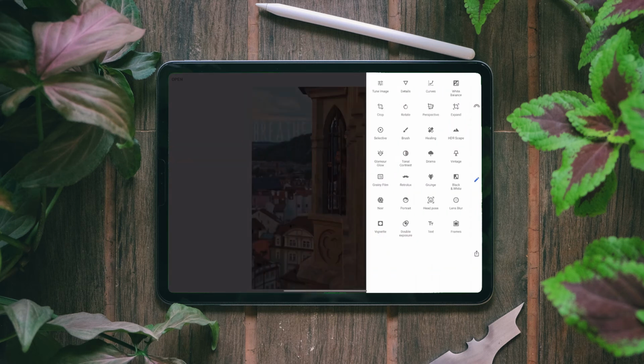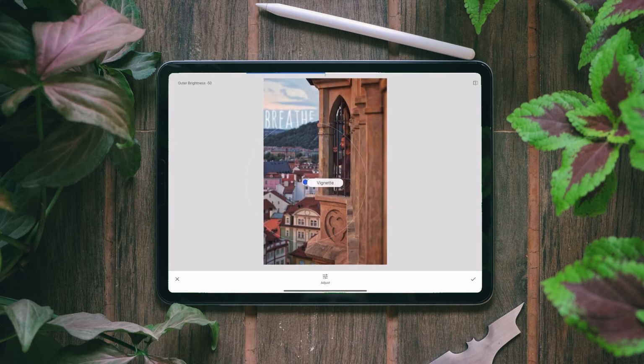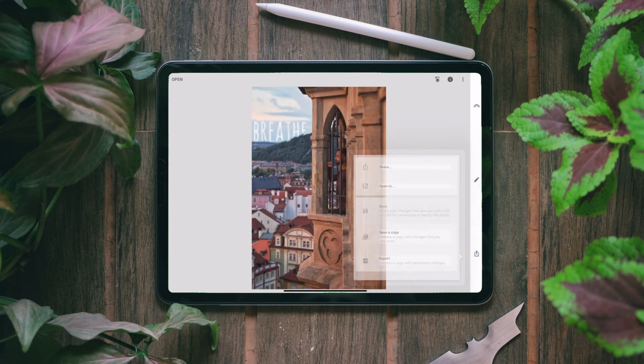Then we'll go into vignette. Reduce the outer brightness a little, increase the inner brightness, and OK. We'll save this image,